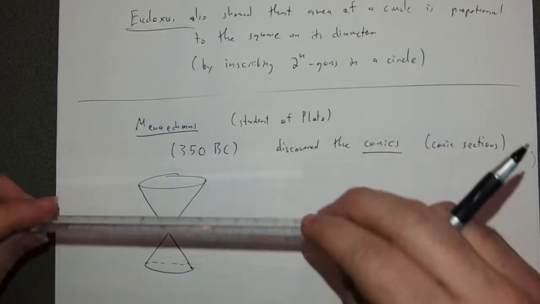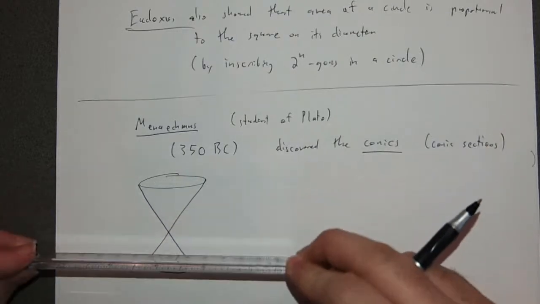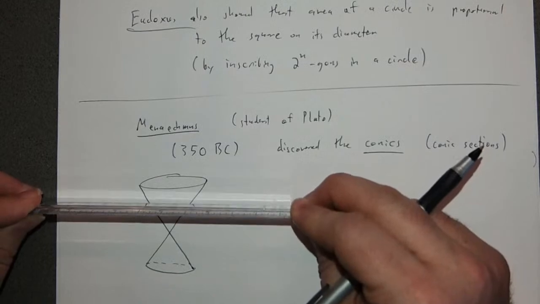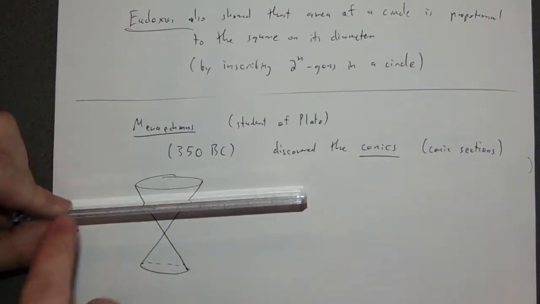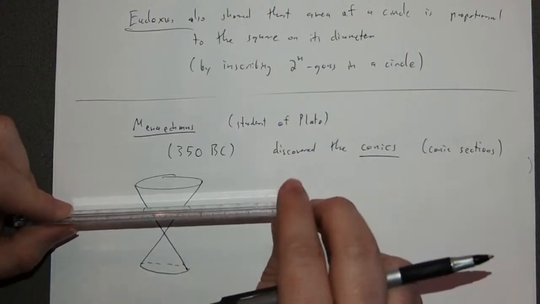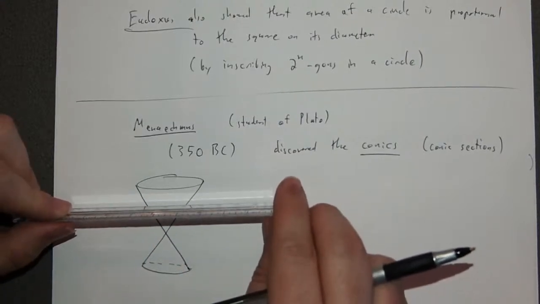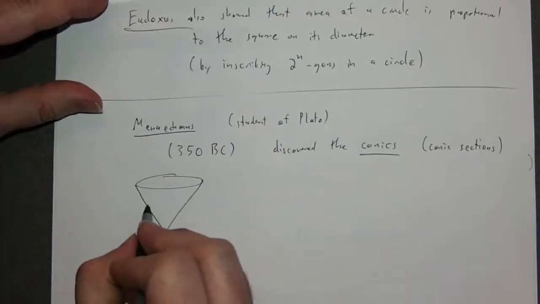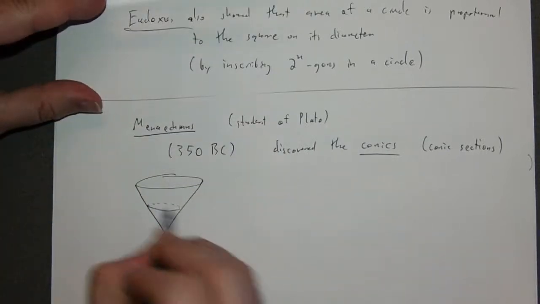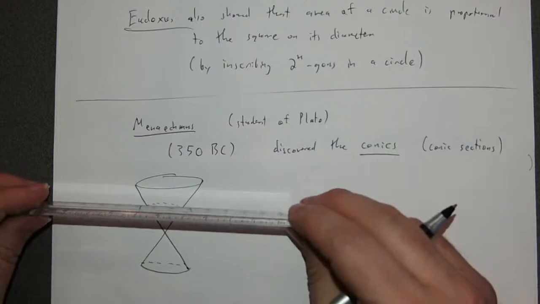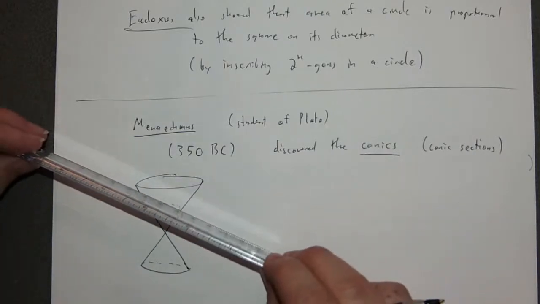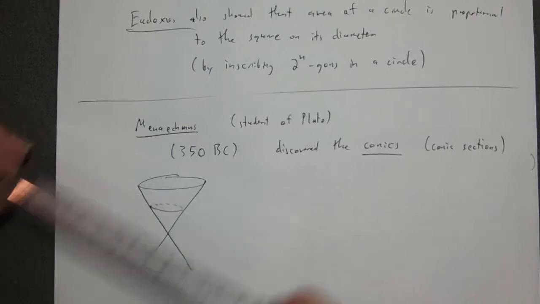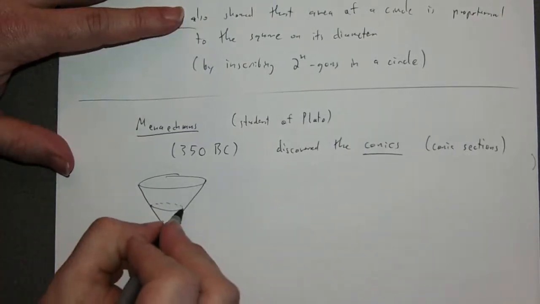Okay, what if my plane cuts through one of the double cones like this? What do I get? These are circular cones. If you think for a second, what is the cross section you get when you cut a circular cone with a plane parallel to its base? You get a circle. All right, that's if it's perfectly parallel to its base. If you take the plane and you come through at an angle, what kind of curve is that?